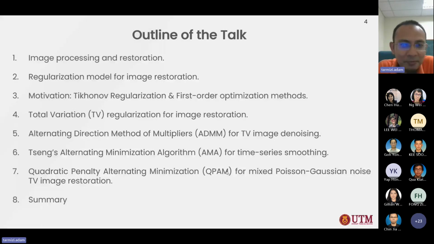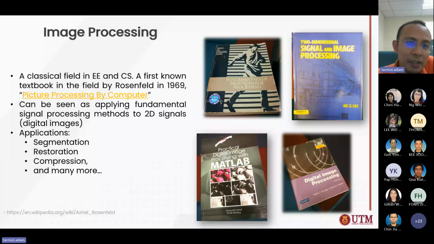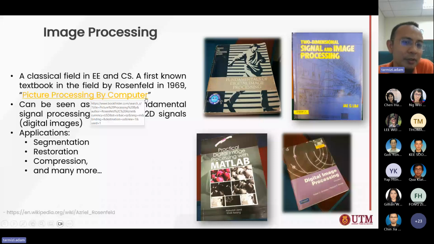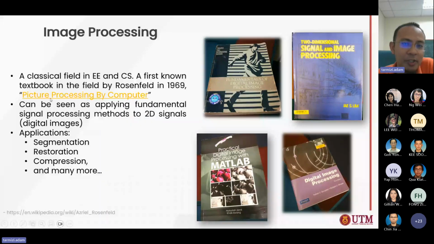Okay, so image processing. It's a very classical field. The first known textbook on this is by Rosenfeld, Picture Processing by Computer, in 1969. Image processing can be seen as applying fundamental signal processing methods to 2D signals, which are digital images. As you can see, for example, in this book,